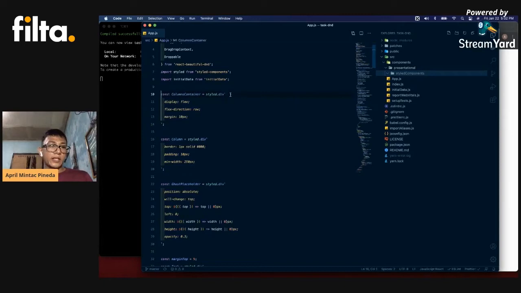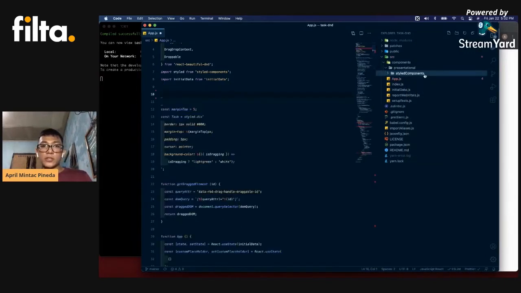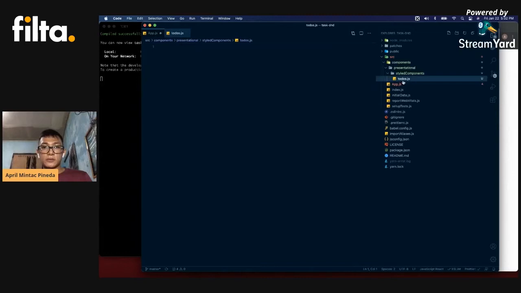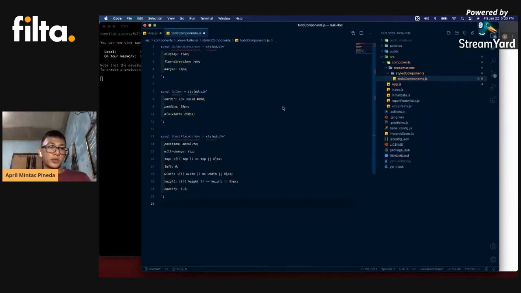We can move this into its own file because there are only three of them. I'm just naming it todo components because we're using it for the to-dos. And then we'll just export it out.